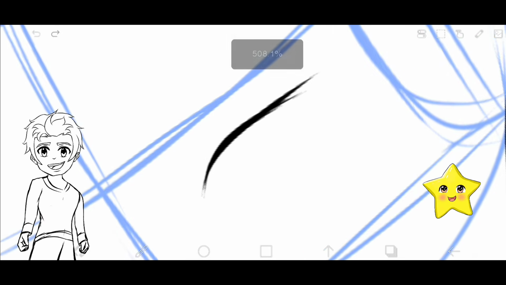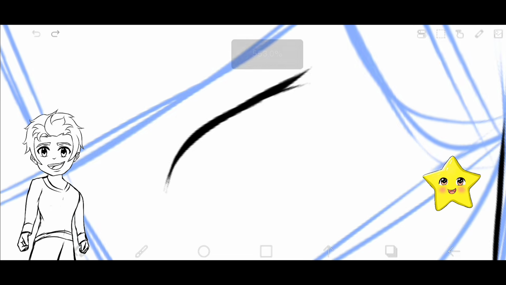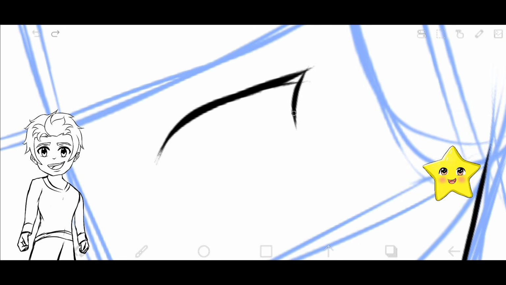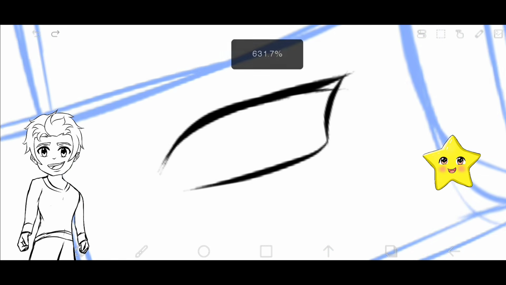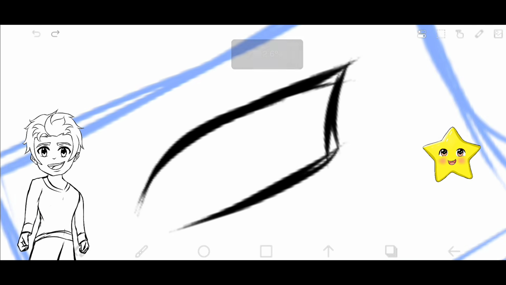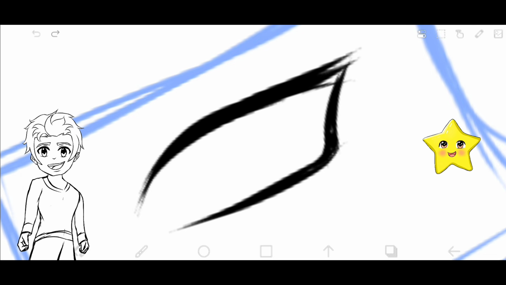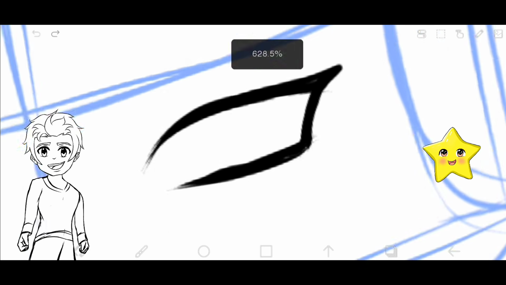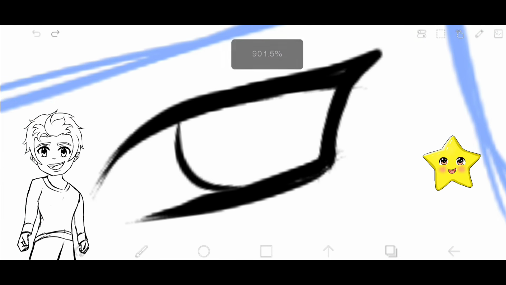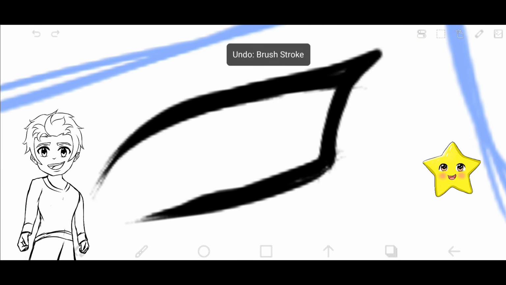So I'm just going to start drawing the eye and just try to do what I'm doing here, a simple curve shape, and then just start with simple strokes and then just thicken the strokes as you go by and start shaping this rough structure into the shape of an eye. And because we're drawing an anime boy, the shape of the eye should be very sharp, and just use curves while drawing the eye, the inside of the eye,